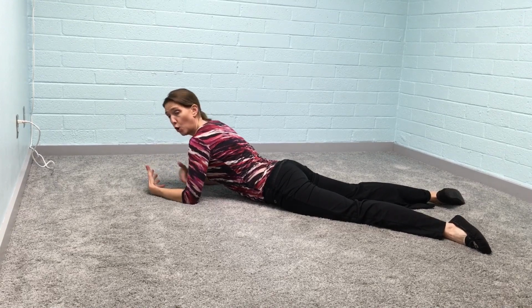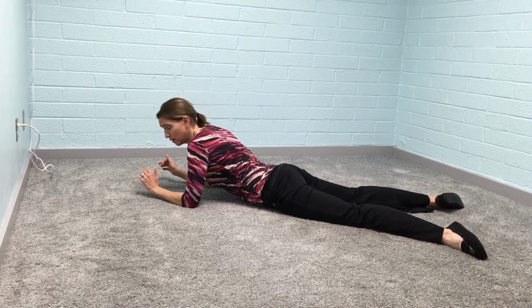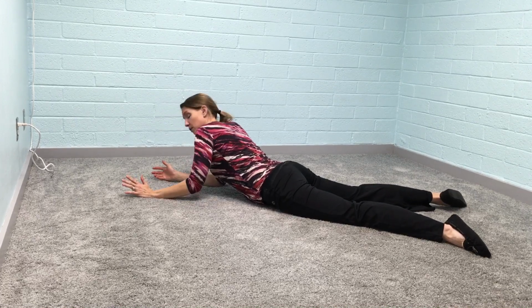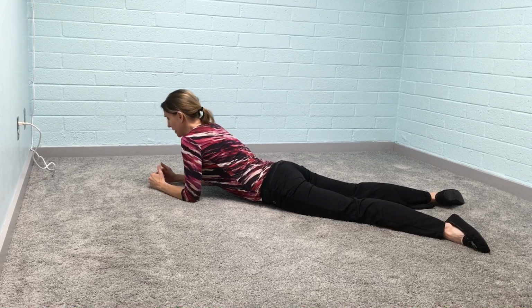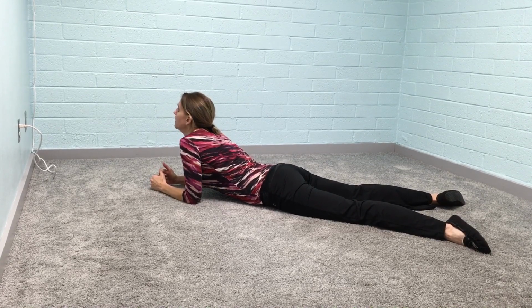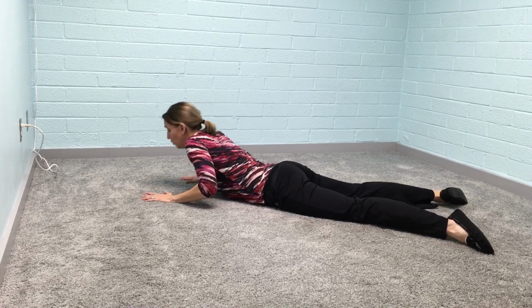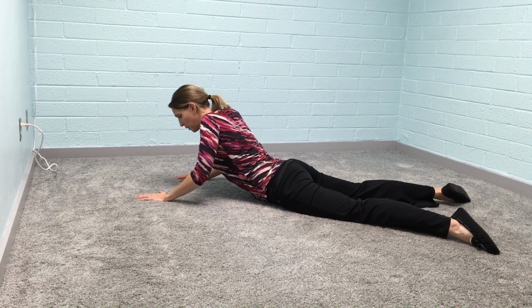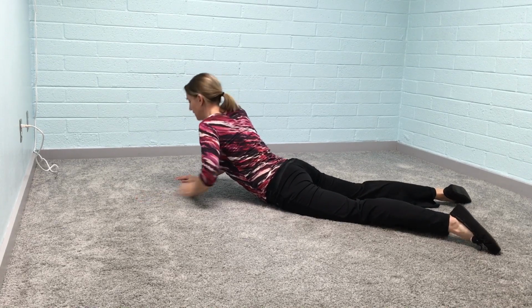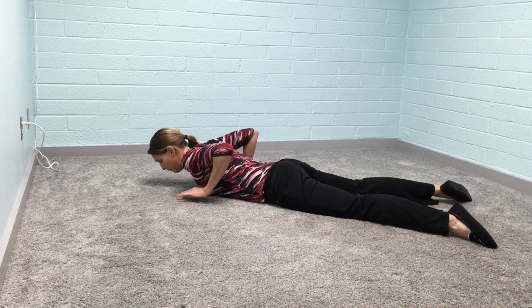So this is supposed to be an opening along the front, not any kind of jamming or forcing along the spine. So just to recap, your three options are to be here. You can pull slightly and lift, and then just let everything sink and melt. You can do more of a mid-range and press here. Again, as long as you're not jamming the back, we want to be lifting through the chest and belly, stretching those abs. Or full up dog,